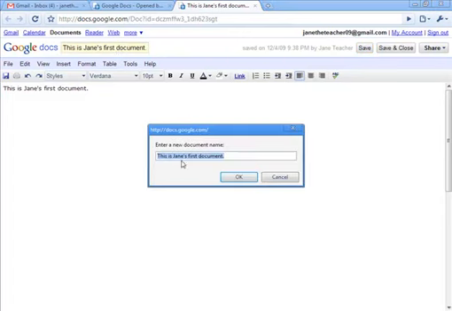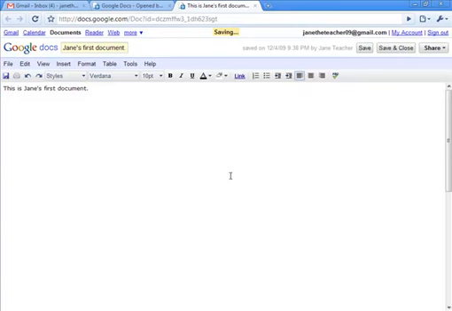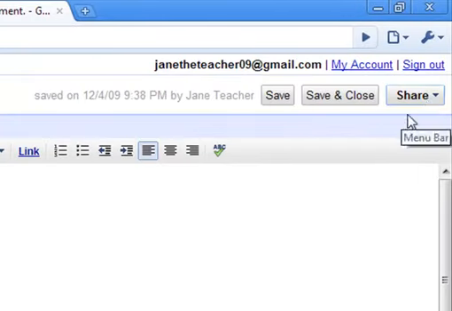We could just change it by clicking the title bar there, and this window will pop up, and maybe we take at least the "this is" out. And okay, let's just leave it like that. Jane's first document. Now Jane is the only one who has access to this file presently, but if you came over here to the share button all the way over here and you click on it,